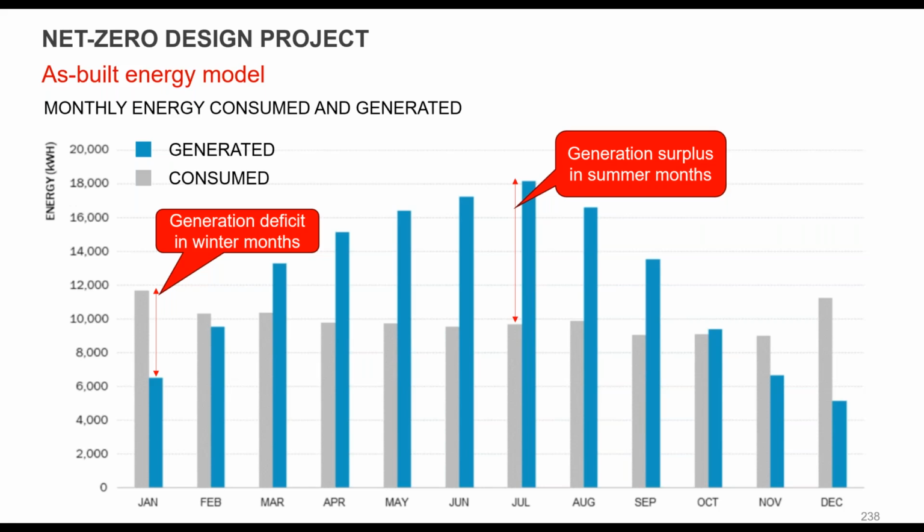we have a generation deficit you see in January and in February. So we're not producing as much as we need. It's darker, so we're not getting as much solar gain. But then by March, we're beginning to get surplus all the way through October. So the overall idea is that that surplus would be higher than what's needed to offset the